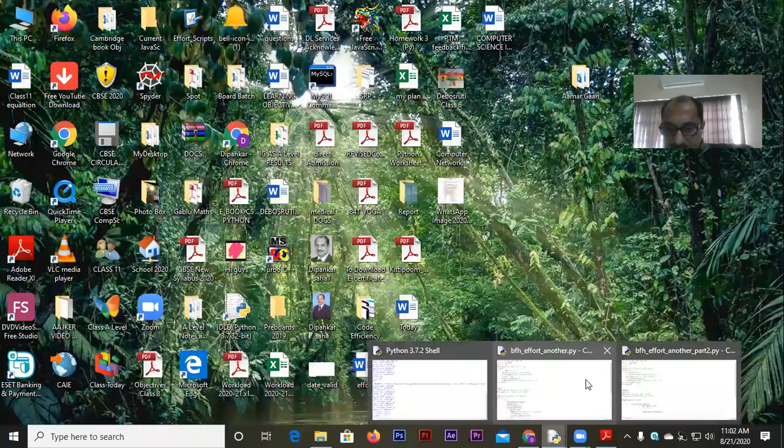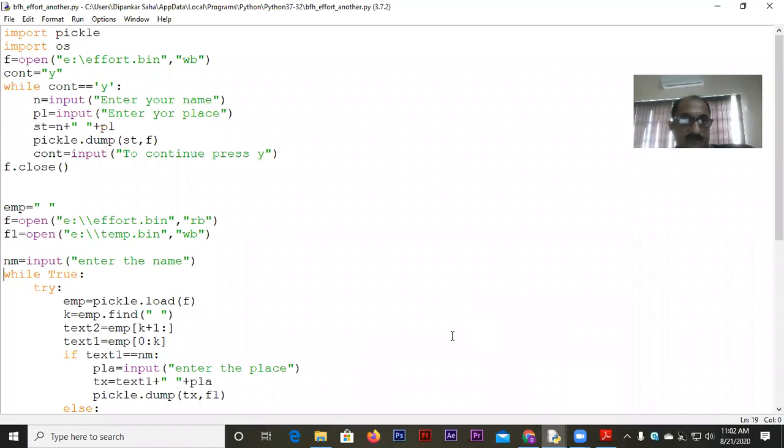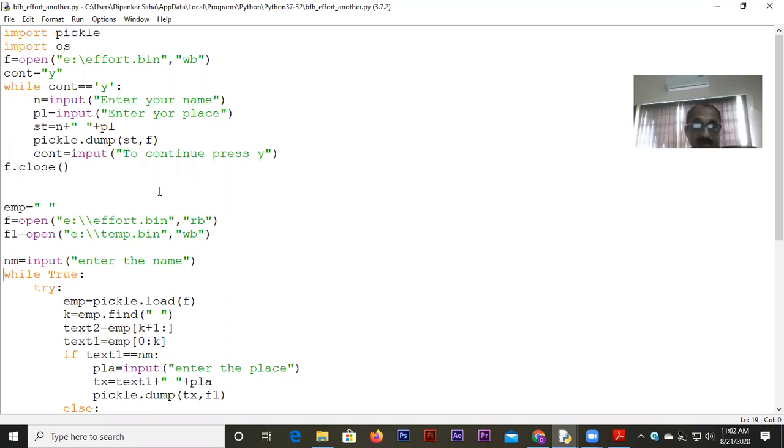Look at this particular program. What I have tried to do here, I actually tried to write this program in two different ways. Let me tell you the first one, what I have tried. I just wanted to change some of the records here. So what I have done, we have basically taken the pickle module, okay?